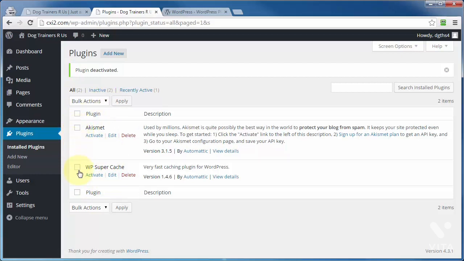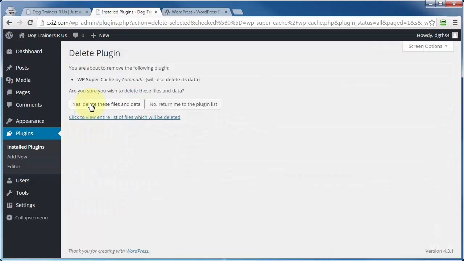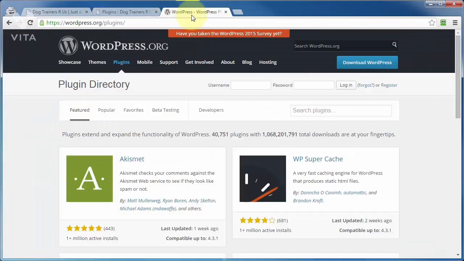So if you've got a bunch of plugins that you want to, say, delete, for example, check those, hit bulk actions, then choose your action, like, for example, delete, and then click on apply. So I'm going to go ahead and delete Supercache from here, and then confirm the deletion. And now I want to download WP Supercache to my computer and then install it by way of an